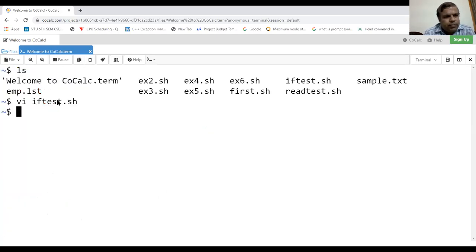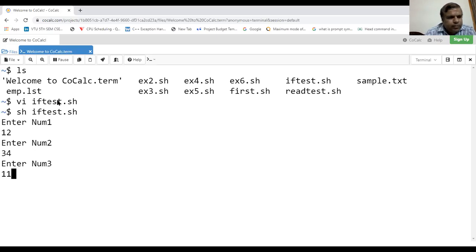Execute the shell script: sh iftest.sh. Enter the first number, say 12. Second number, say 34. Third number, 11. So 34 is greater now, so it will be printed. So 34 is the greatest of the three numbers.